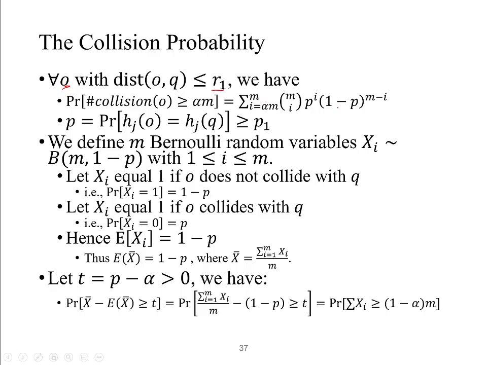For each I from alpha m to m, the probability that the collision number equals I is: how many ways do you have to select I hash functions from the total m? It is the combinatorial of selecting I from m,